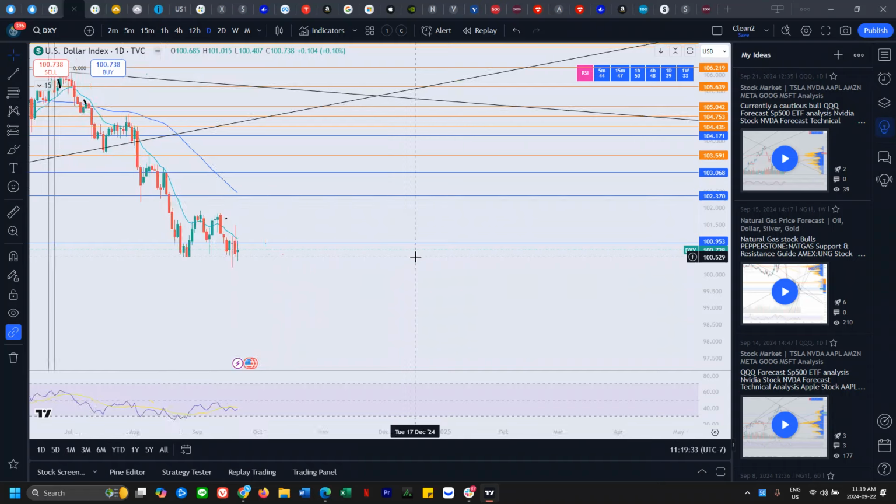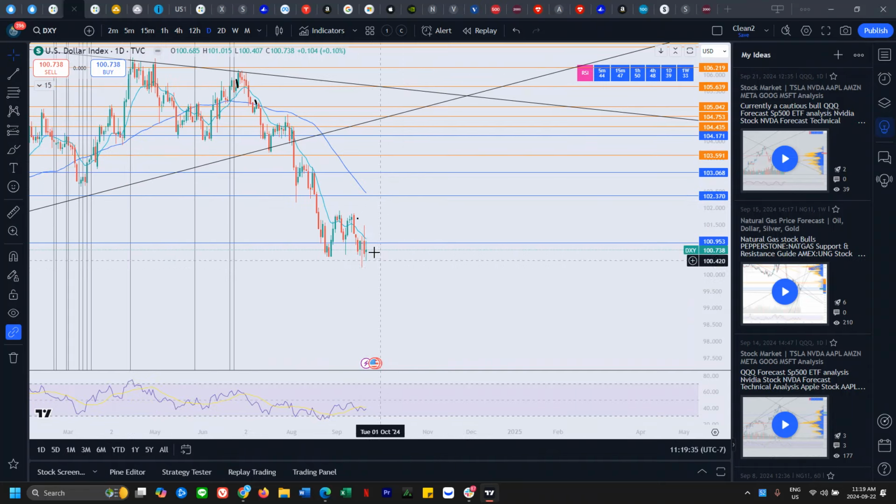But I would still favor the bears at this moment because we haven't broken above any structures that the bears have formed on the way, right? At bare minimum, I want to see bulls at least break above 101.8 for us to say there's a shift in this momentum. But for now, no signs of that yet, and we're probably just gonna chop around here until we